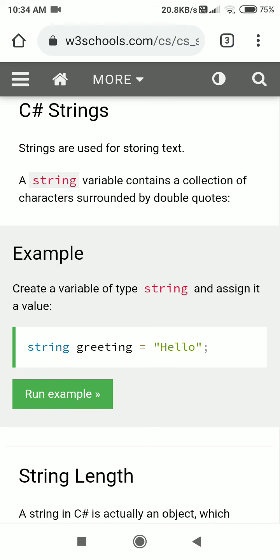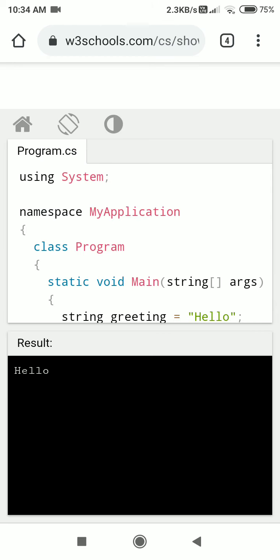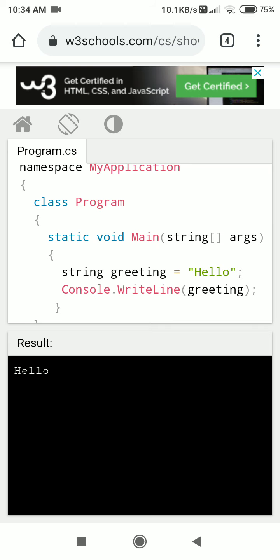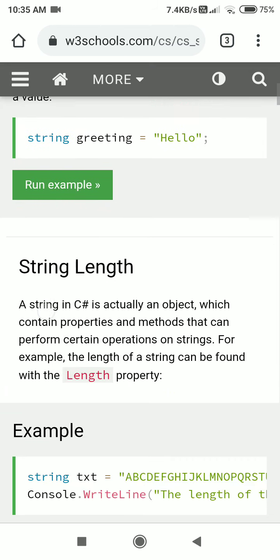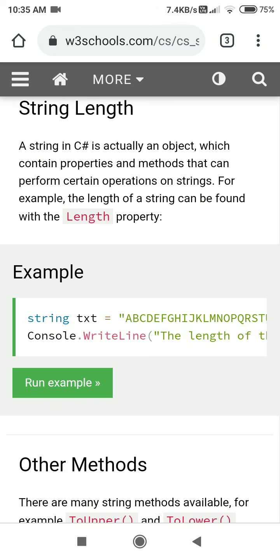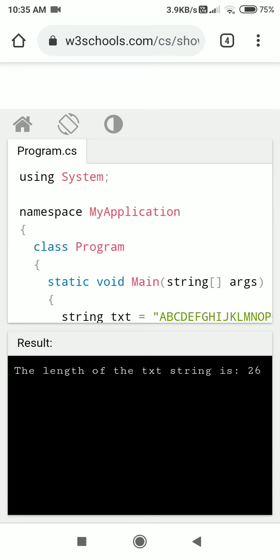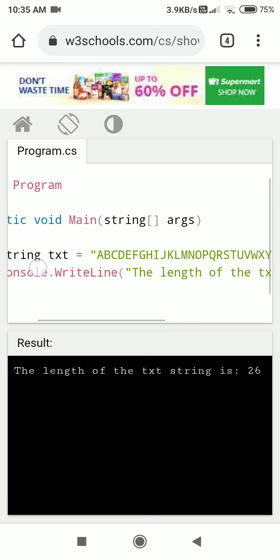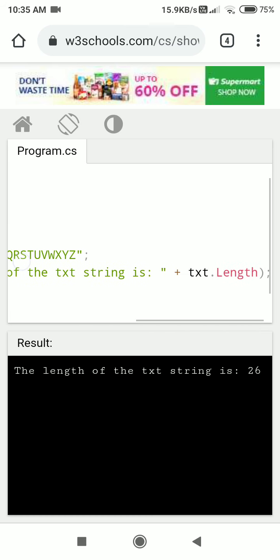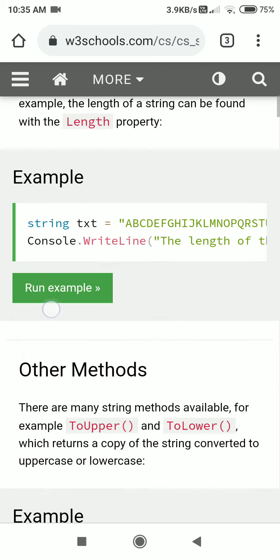C# has strings where you can save a number of characters. Hello is stored in greetings, and we are printing hello. Let us see the length of the text: the string name dot Length gives you the length of that string.